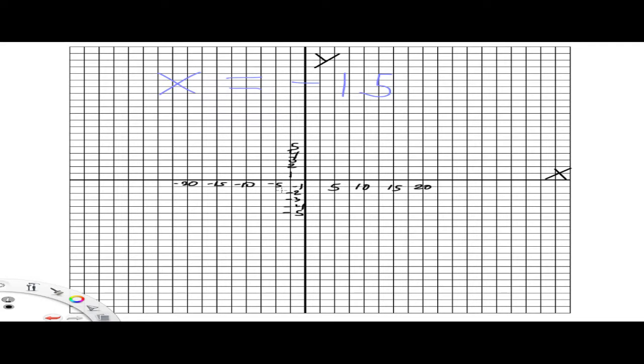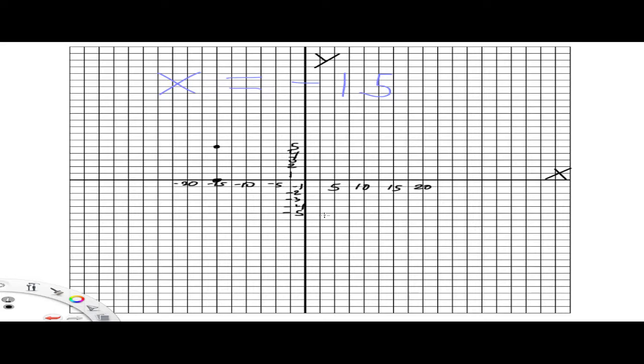I know my equation was x equals negative 15. So I know that negative 15 is one of the points. And I know this is going to be a vertical line. It's because it has to always be negative 15. No matter what, x is always negative 15, and then y could be anything else. So if x is a negative 15, y could be 5. That's a solution. So now I can see that anywhere along this vertical line is a place where x can